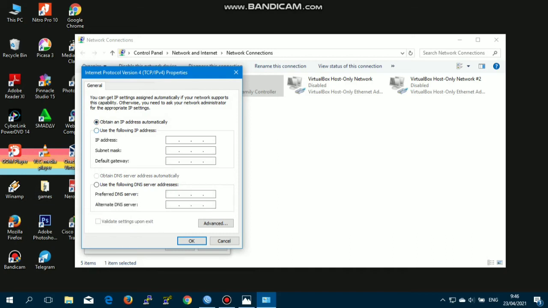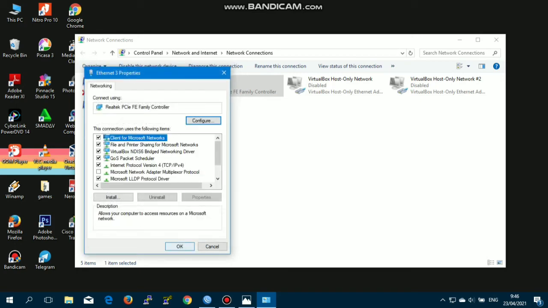Then do the test by changing the IP to static on the client as below with the IP address 192.168.10.12 and the subnet mask /24 and the default gateway 192.168.10.1. DNS server 8.8.8.8.